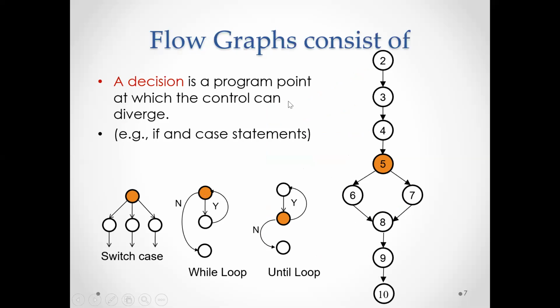Second thing is, you said decision, right? Your predicate node can be an if else, as we have seen it, or else it may come with respect to your switch case, or else with respect to your while loop, or else with respect to your until loop. Okay, so whichever the case it comes, how it will be executed. The example that we have seen in the previous program is with respect to your if else statement. The fifth statement was having if x greater than y. So that is what? Predicate. So two ways you can handle it.